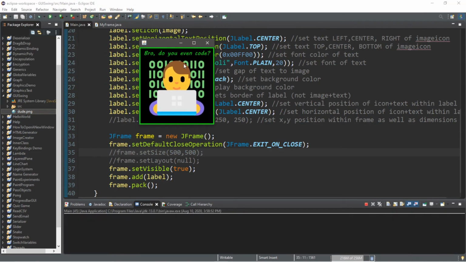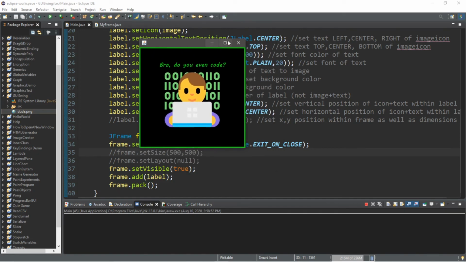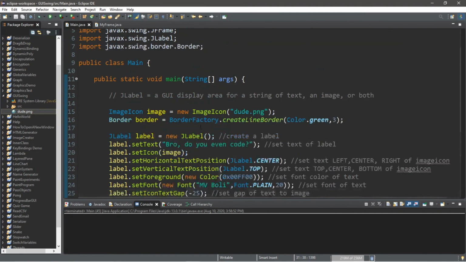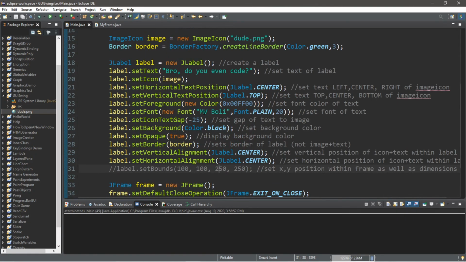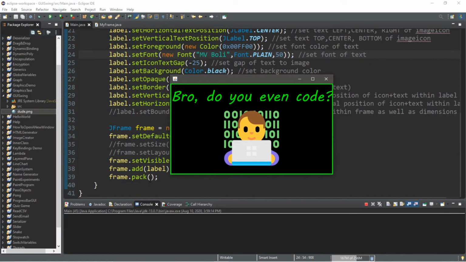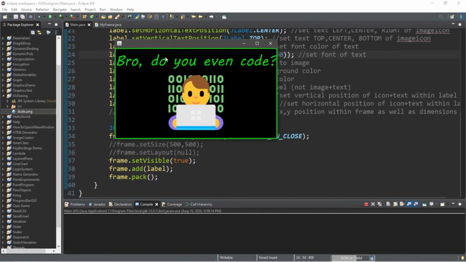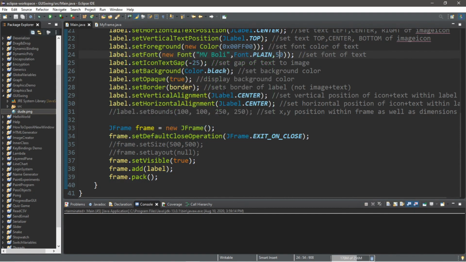The size of the frame will adjust to fit all of the components that you have, and then you can resize this if you want to. Otherwise, you can use setResizable(false) if you don't want people to resize this. So if we were to actually expand the size of the components within the label, such as the text size, so let's say that I want this to be 50, well, the size of the frame, since we're using the pack method, is going to adjust to accommodate the size of whatever's within the label. So that's something that you might find useful, but however you might like to use the setBounds method or the default layout manager, it depends on what you want for your program, but you have options.